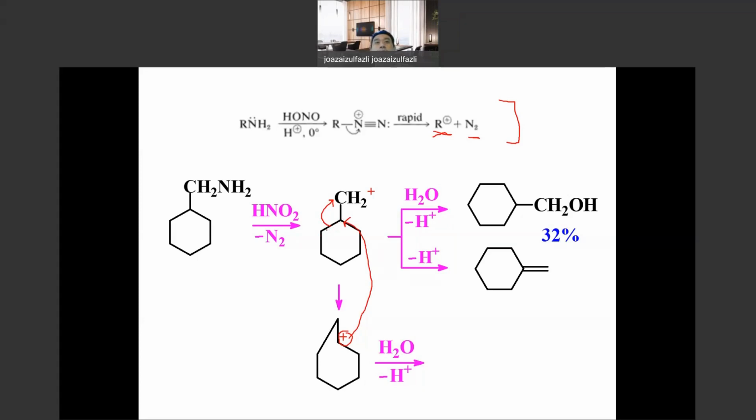But for the migration, both electrons are used to bond with this carbocation. That's why we form a positive charge at this new site. Then we form a new product, which in this particular case is a substitution product, the major product for this experiment, almost 60%, compared with